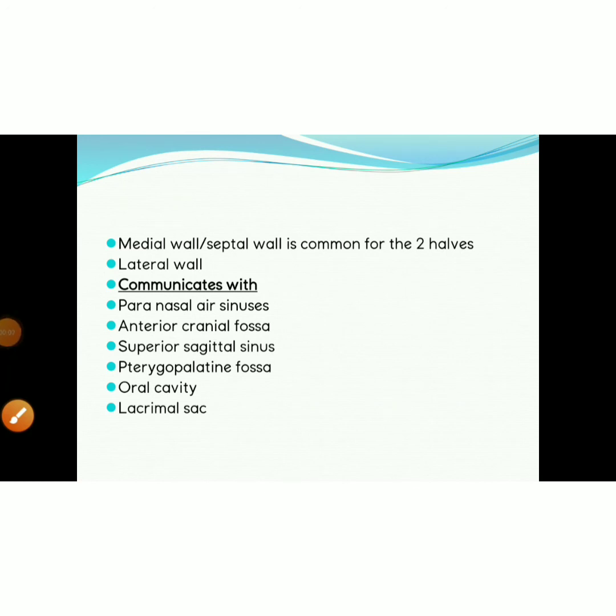The nasal cavity communicates with paranasal air sinuses. In addition, it shows the following communications. They are the communication with the anterior cranial fossa, by the foramina in the cribriform plate of the ethmoid bone, and by the anterior ethmoidal canal with the anterior cranial fossa, occasionally by an emissary vein through the foramen cecum connecting nasal veins to the superior sagittal sinus, and by the sphenopalatine foramen with the pterygopalatine fossa.